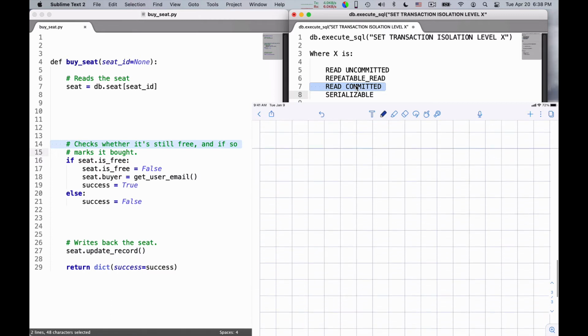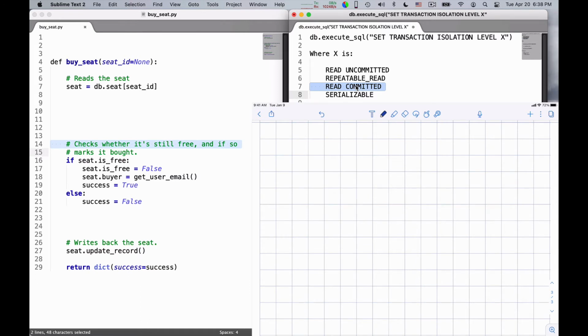Then there is a final level of consistency that you can ask for, and that is called serializable. And serializable, among these various levels of consistency, is the only one that, in my opinion, truly makes sense. The other two are convenient because they are easy to implement and they give rise to efficient database access. But serializable access is what truly makes sense from the point of view of a developer.